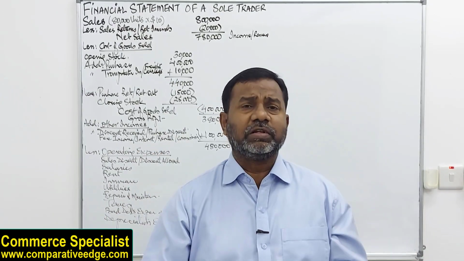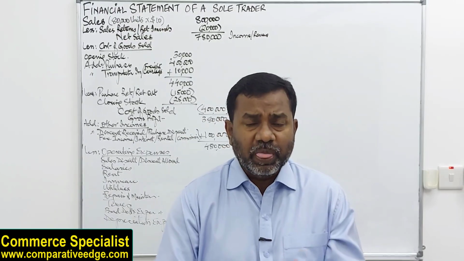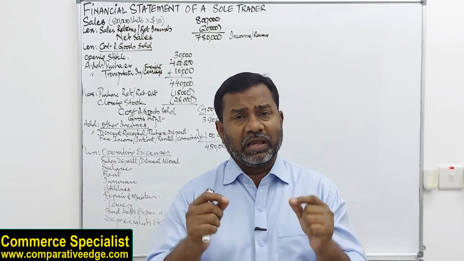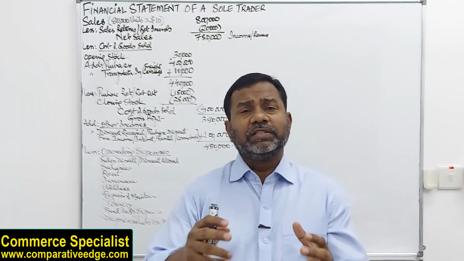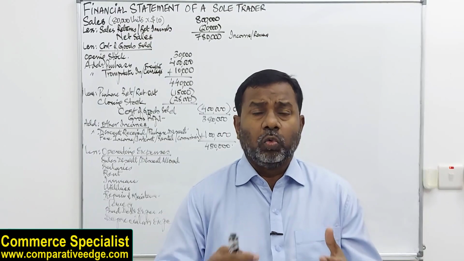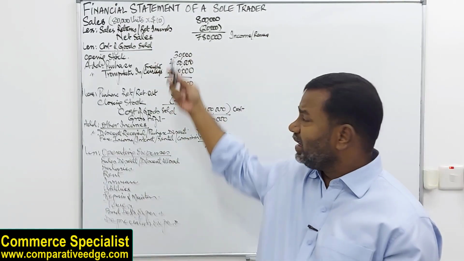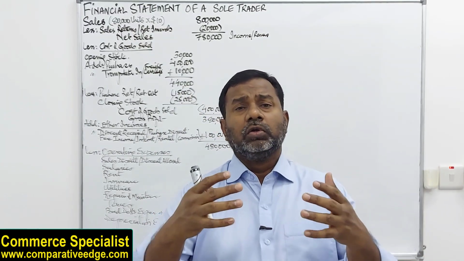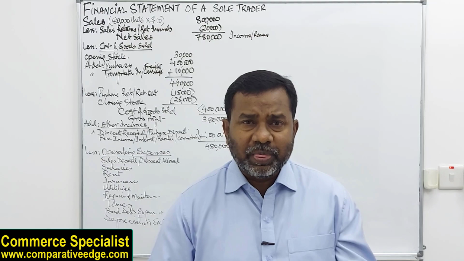You tried your level best. So the 1,000 which you were unable to collect and recover from your customer is considered bad debts, and again, it's a selling expense. Depreciation expense is again an operating expense. Why? For example, in order to buy and sell calculators, you used your furniture, your computer, your machineries, and obviously